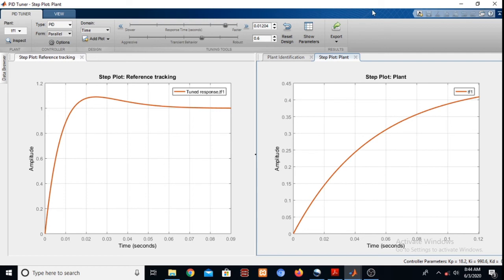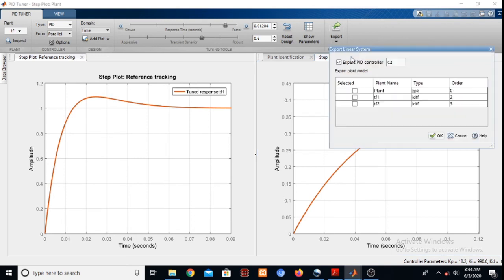And we export the PID controller as C1. Okay.